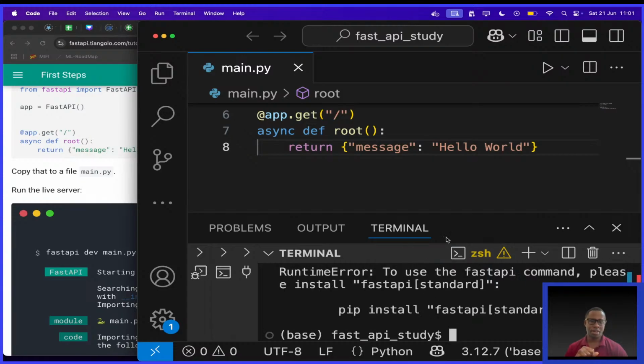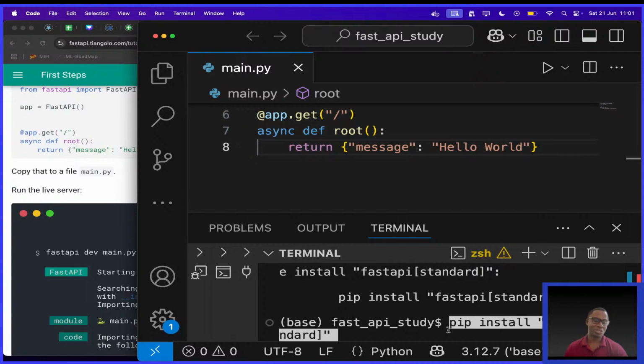So when we run this, it says to use the fastapi command, please install fastapi standard. Look at that. It looks like by me just doing pip install fastapi, I was getting it wrong. Let's follow instructions. The error message is always the solution to issues.